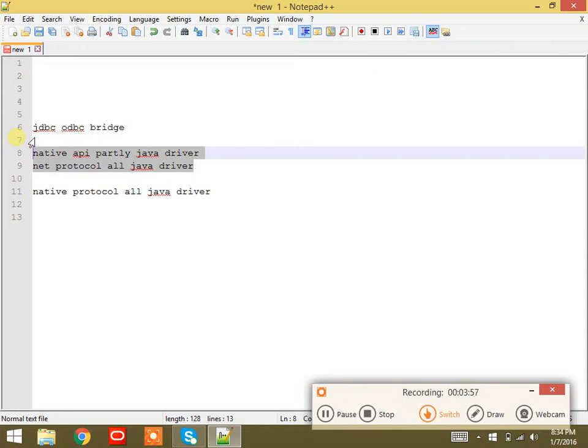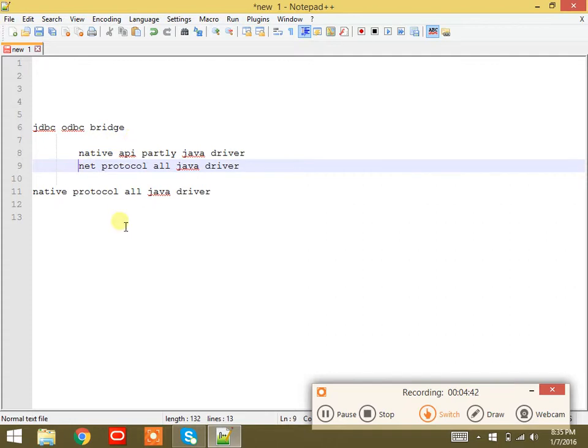They are deprecated and not available in the market right now. We are going to see most of our programs on type 1 and type 4 only. Clear? So we'll separate it.